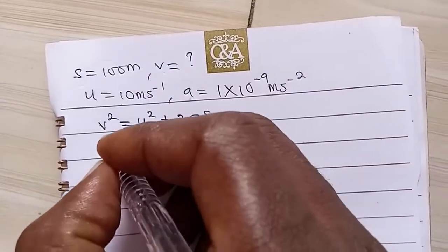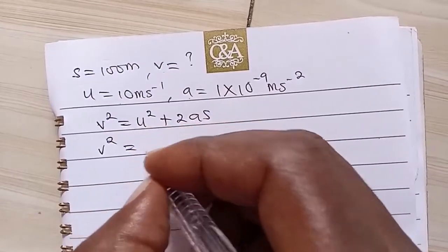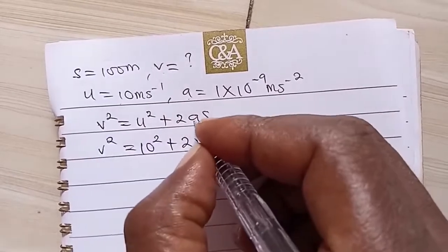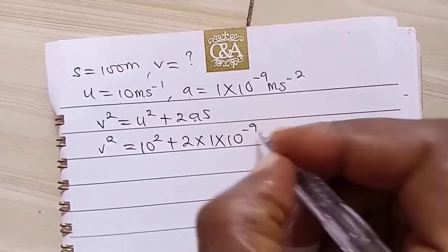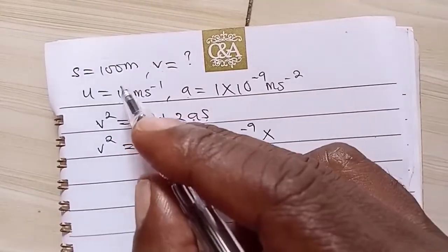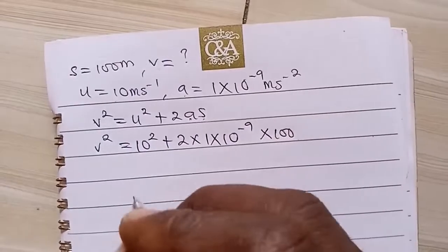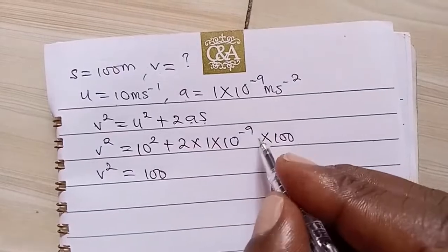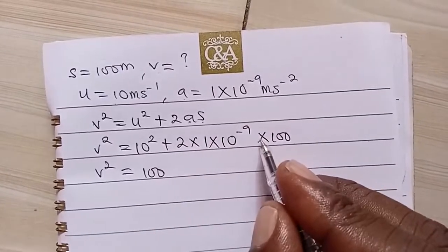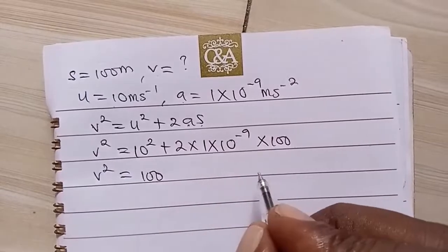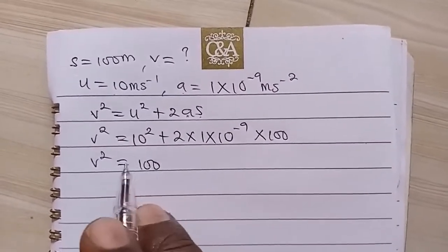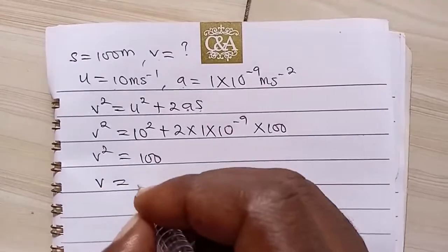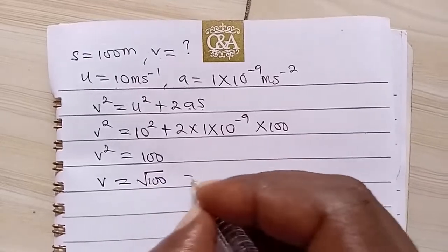So V squared, we don't know, U is 10 squared plus 2 times A. Our A is 1 times 10 raised to power minus 9 times the distance we're going to make use of, 100 meters. If we multiply out all through and use a calculator, we'll get 100. So V squared is 100, but what we're interested in is V alone. So V is square root of 100, which is 10